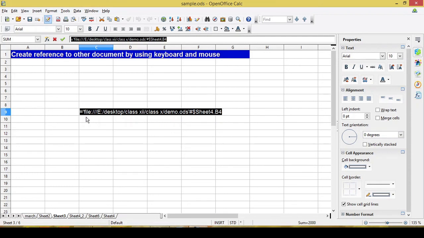So here you can see this is file and then colon, then 3/ E drive desktop, then another folder slash, then folder name slash another folder name, and then the file name was demo.ods, which is the extension of our Calc file, and then this is hash $, and the worksheet name was sheet 4, then dot and the cell address was B4. So when you type this, you'll get the data.